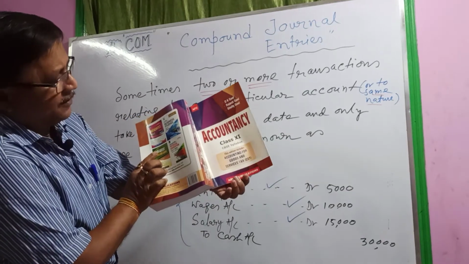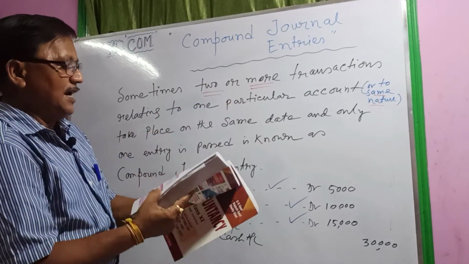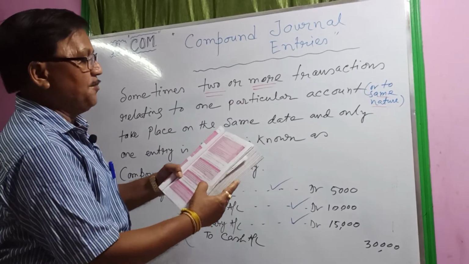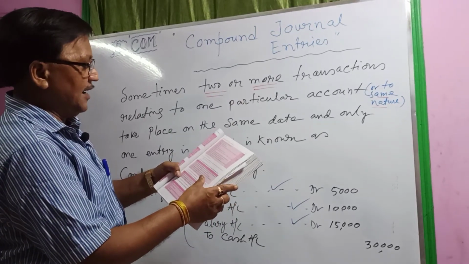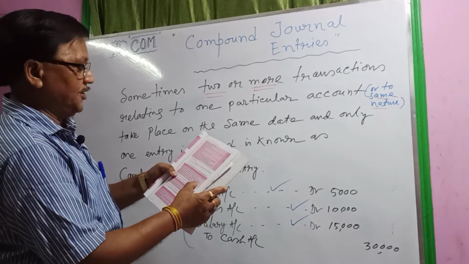Now in your reference book, whether you purchase NCERT books or this book by D.K. Goel, Rajesh Goel and Sally Goel, turn to page number 9.61. There is an important journal entry question, question number 6, page number 9.61.